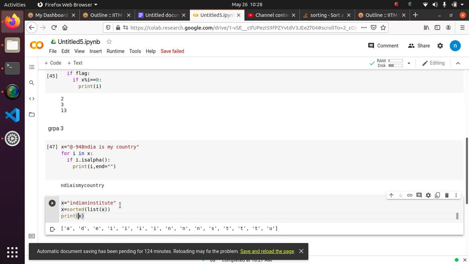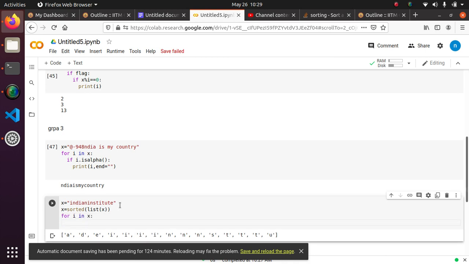So wait, what should I do? Let's do like this. For i in x, print of i, comma, end equal to empty string. Okay, I guess, yes, it works.